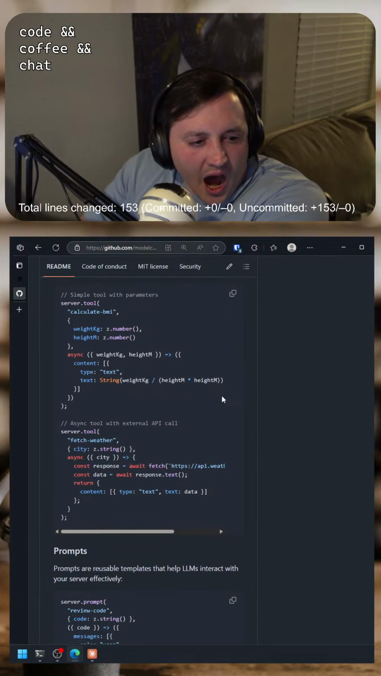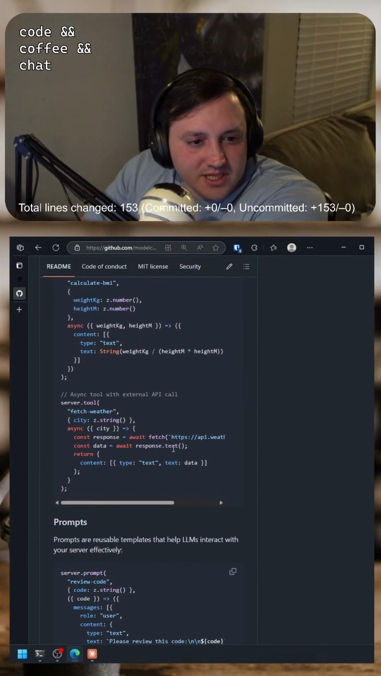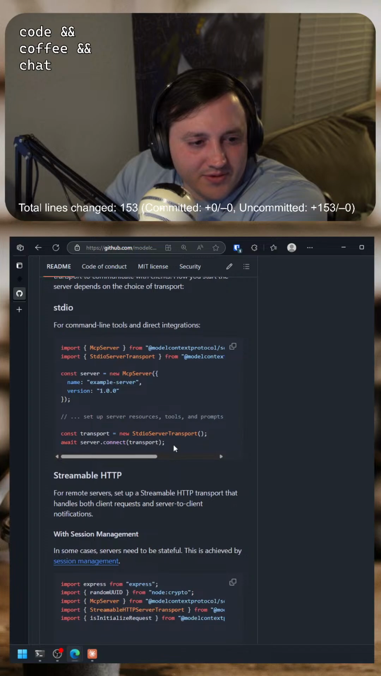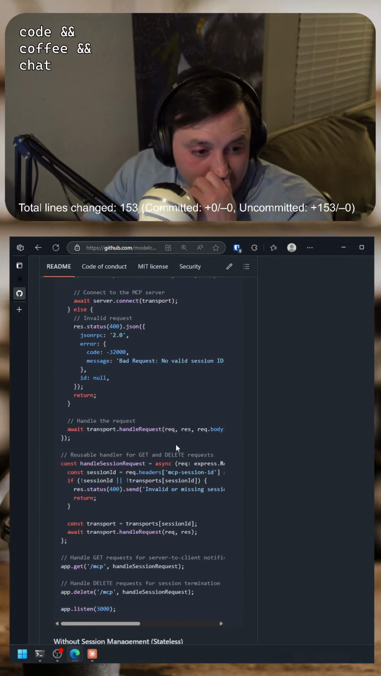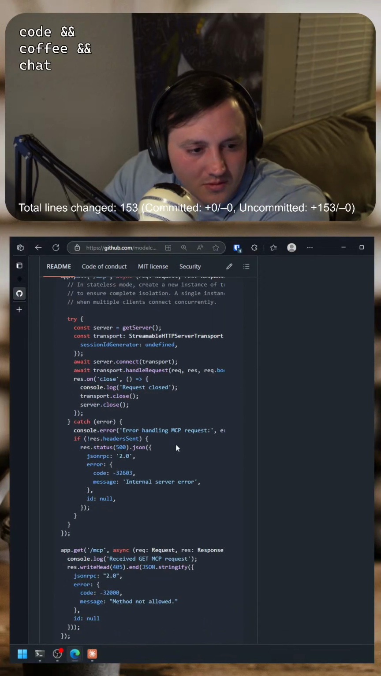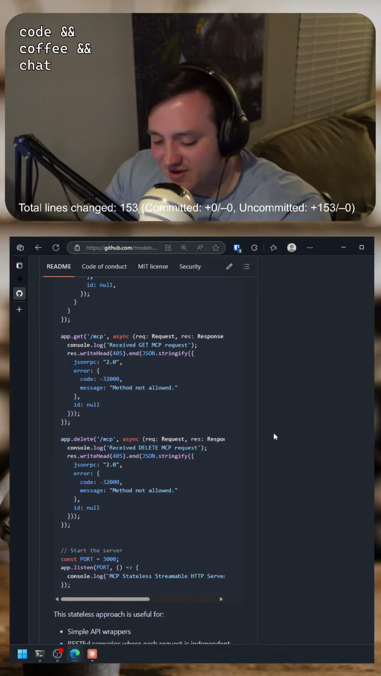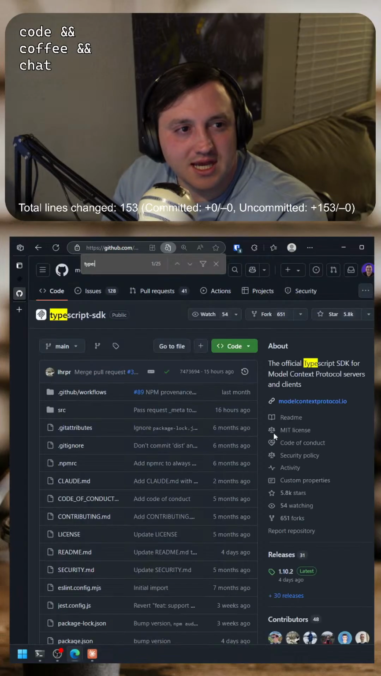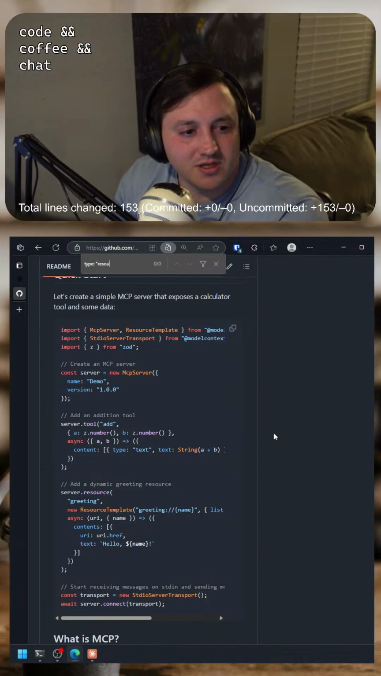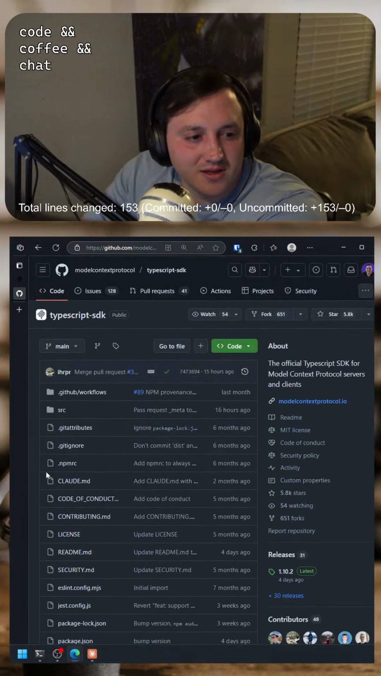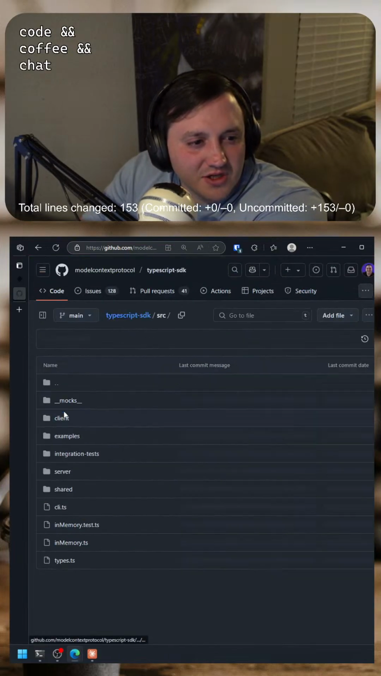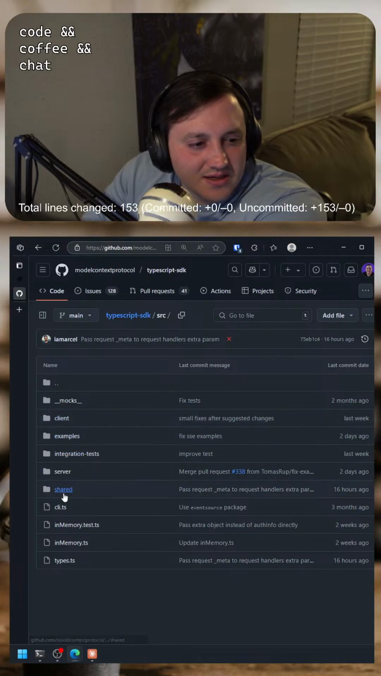Tools. Let's see. So response.data, this would be text. I'm trying to look at an example of where they're returning a file. But I don't know if they have any examples. Type resource. Yeah, they don't have any examples in the README of that. But I think if I look at the source, I can kind of see